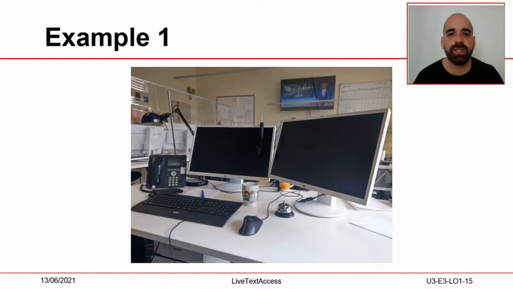This is the workstation of a subtitler who works for TV. They have two monitors connected to the computer, and on the opposite wall there is a TV screen where they can check the outcome. On the monitor on the left, you can also see the noise-cancelling headphones used by the subtitler to get clear sound from the TV. On the desk, there is also a bell used by the editor when they need more time to correct the subtitles.